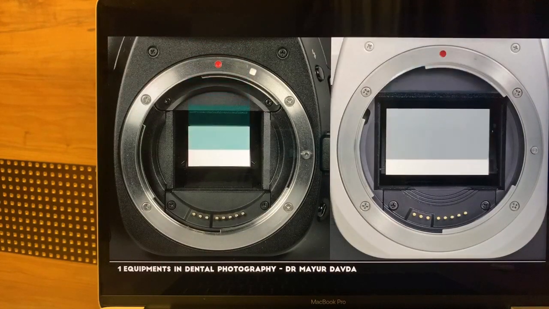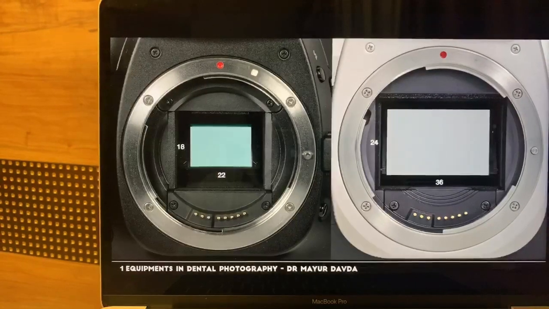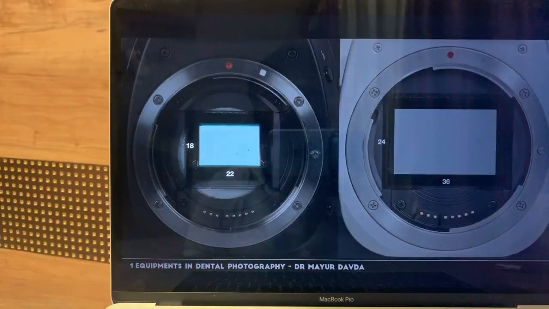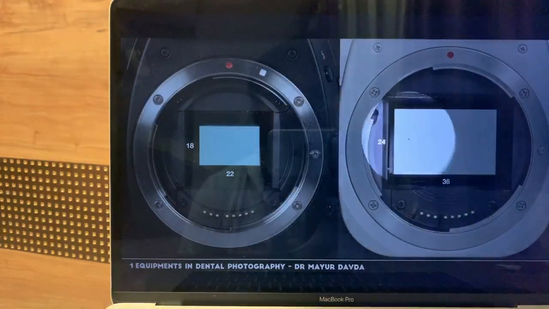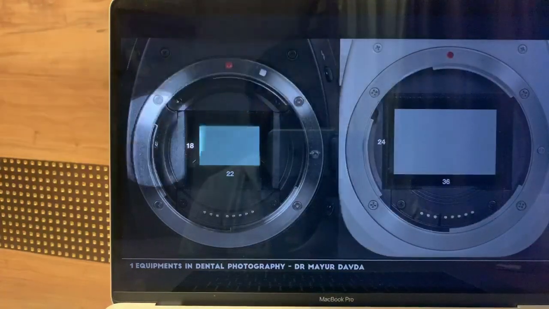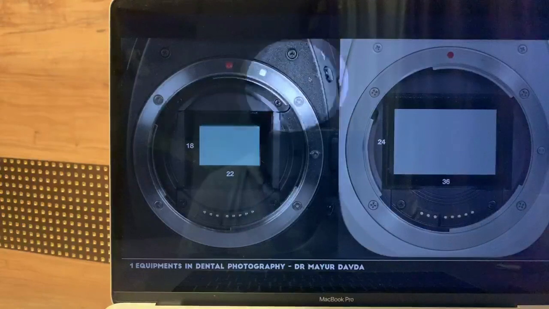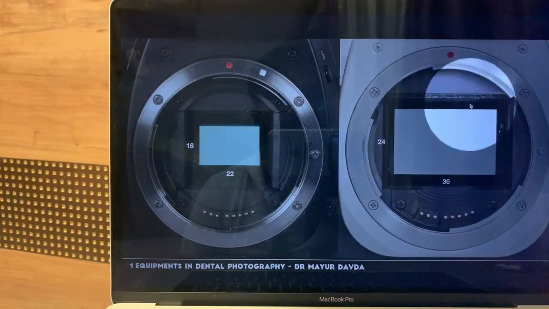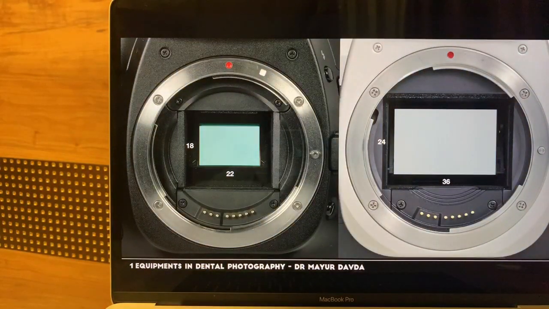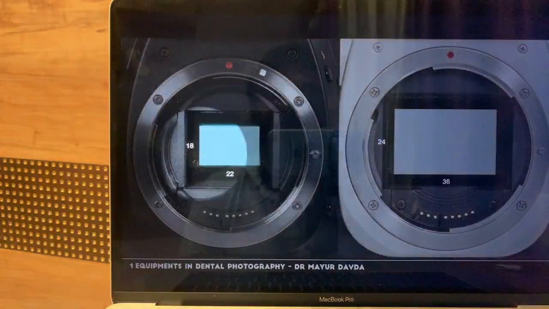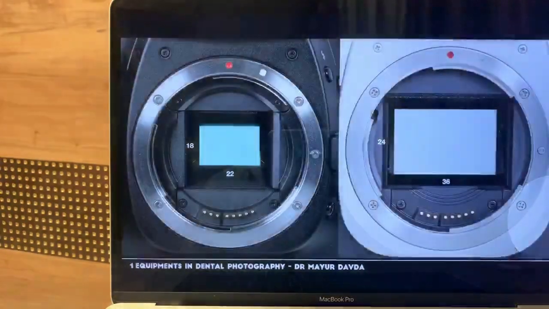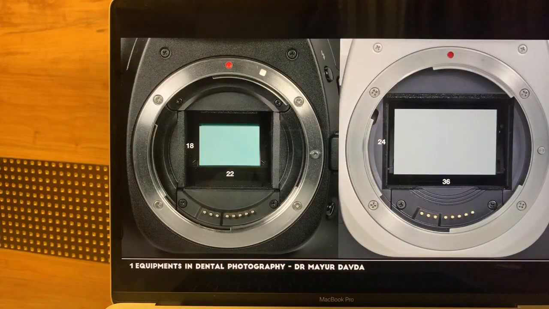What is the basic difference between these two cameras is also what we have covered. The crop sensor DSLR has a sensor size which is 18 by 22. Okay, so it is very small as compared to a full frame that's 24 by 36. This is the EF mount. This is EFS mount. So you can put both EF as well as EFS lenses on this. However, on this you can only put an EF lens. Why? We have already covered it in the previous sessions. I hope you remember that. So the basic difference between both the cameras is the sensor size. This crop sensor is 1.6 times smaller than the full frame. That is all you need to know about the difference between the two cameras.